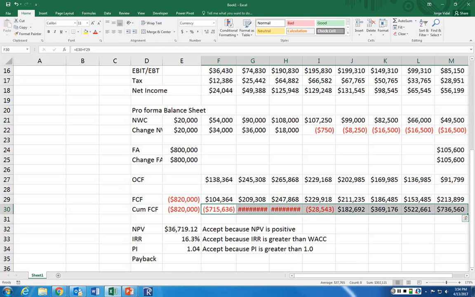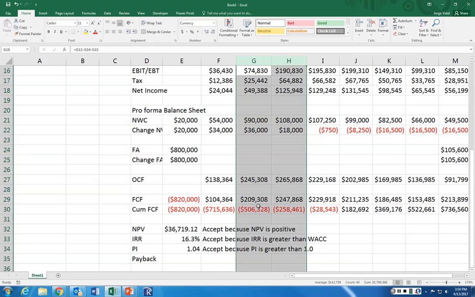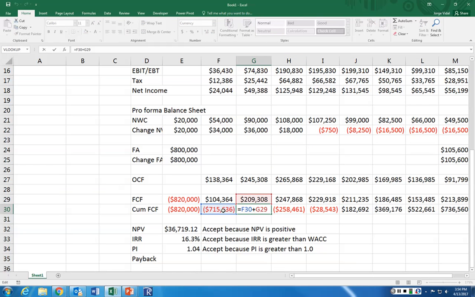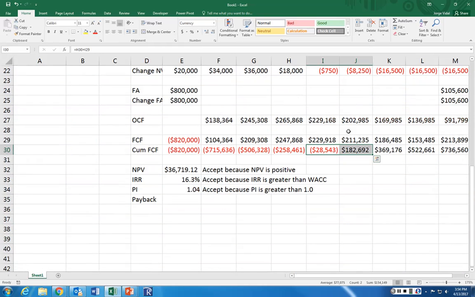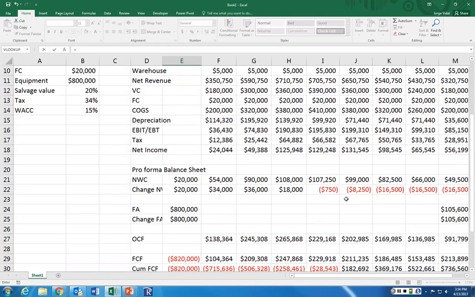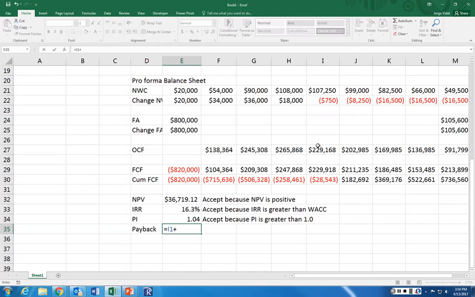You can see that every year Excel is doing the cumulative cash flow of the year before plus the new cash flow, and the same thing for the following year. Cumulative cash flow plus the new one, etc. And you can see that the payback happens sometime between years 4 and 5. So the payback will be equal to, just like we did in class before, 4 plus